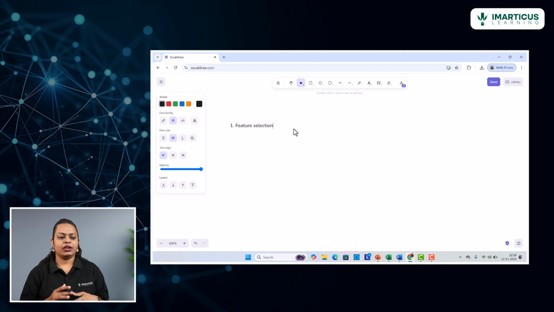Now, of course, there are various techniques that you can use to do the feature selection. What we have discussed so far is just doing the feature selection on the basis of domain knowledge, wherein the subject matter expert is going to help us understand the data and eliminate certain variables which are not important with respect to the problem statement that we are trying to solve. However, apart from domain knowledge, there are various other techniques that you can make use of.